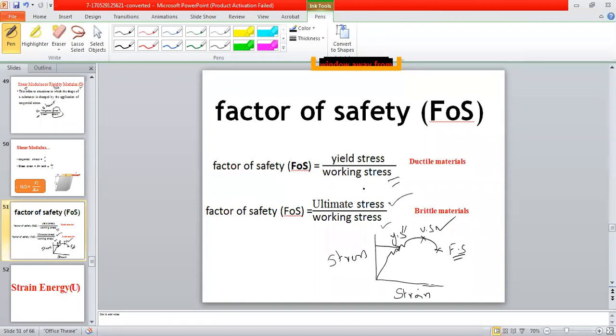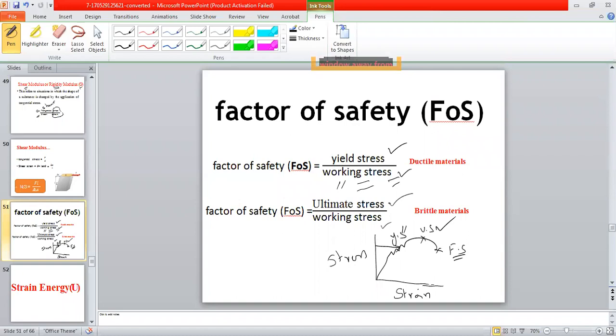It is also called the allowable stress for a material, the allowable stress of an engineer. Therefore, the factor of safety here is a numerical value. It is a ratio of stress by stress, so it is a numerical value. The working stress or allowable stress, we'll also call it engineering stress.